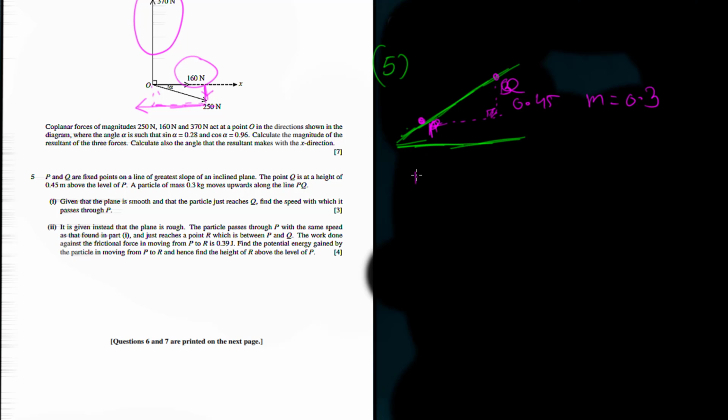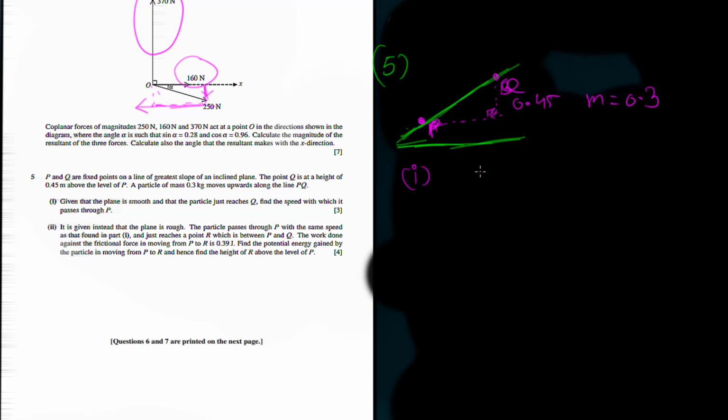In question number 5, you have an object which is moving upwards on an inclined plane. Make sure to read the question, and whenever you have a question given, the first thing to do is to draw a rough diagram, which I have done over here. The first part asks us to find